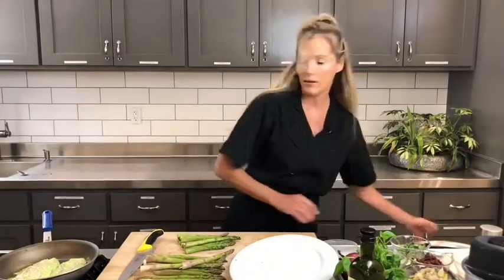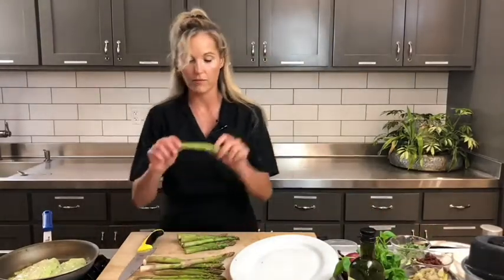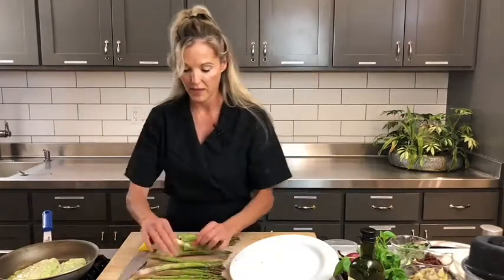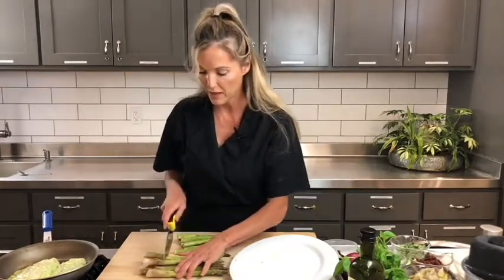How do you know where to cut the ends off? I'll give you a little trick. So you want to bend it like this. You want to take your asparagus like this, and wherever it snaps off, that's where you want to cut that piece off. It's usually how I tell. Okay, so we're trimming the ends of the asparagus,